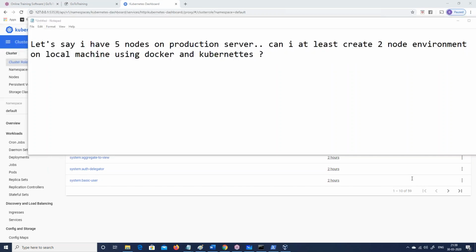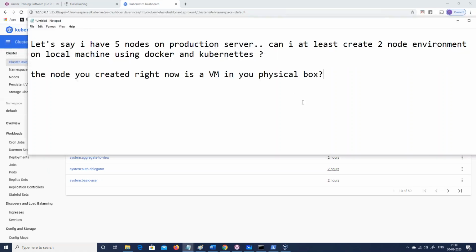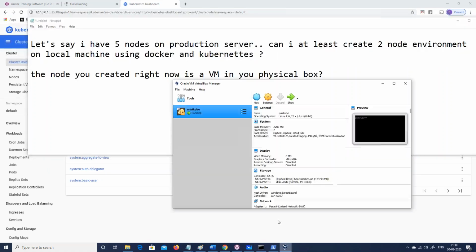Okay. The node you created right now is a VM in your physical box. Okay, let me answer simple ones. The node that you created is a VM in your physical box. Yes, it is an Oracle VM. This one. Can you see this VM? This is that Minikube,